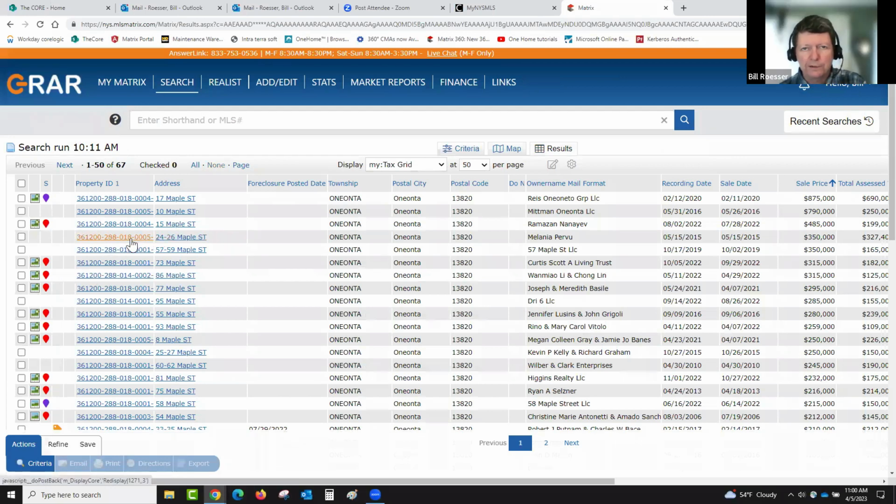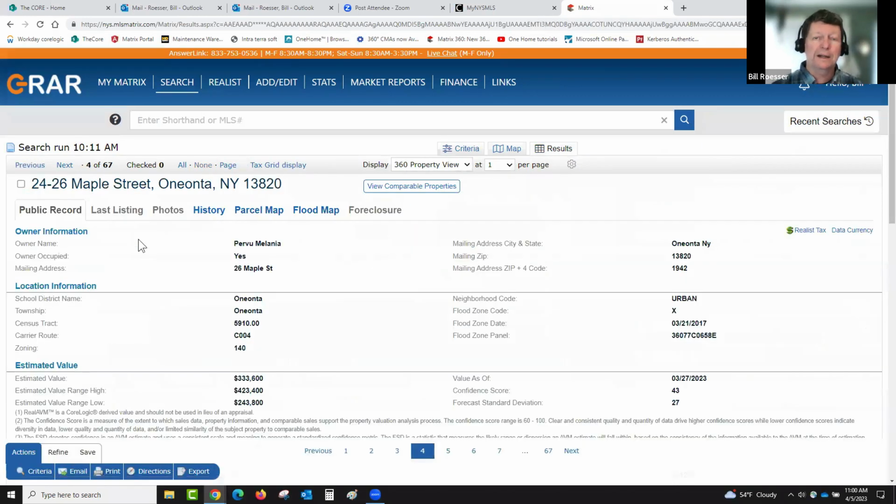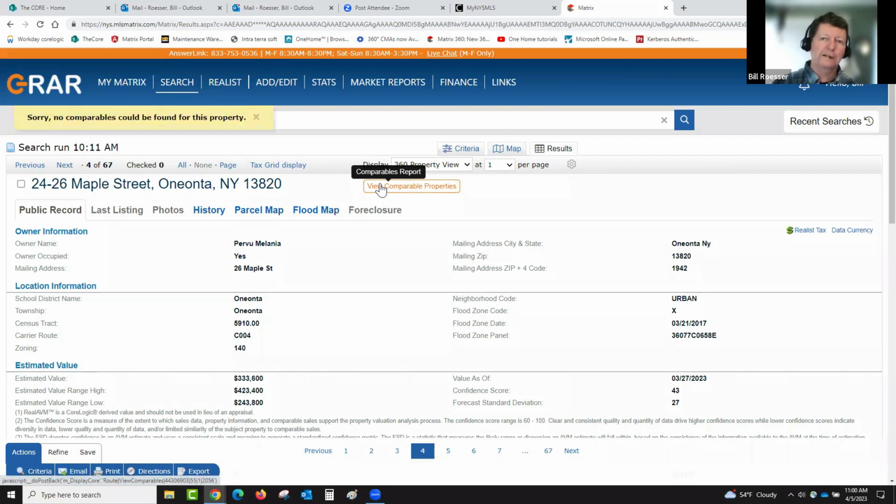One unique thing that's been added recently to the tax search when you do it, or pulling up any listing on the ML system. As soon as I pull up that old listing or the tax record, notice this feature up here called View Comparable Properties. By clicking this, it will now go out and it'll find 20 comps that are similar to this property. So when I click on it,